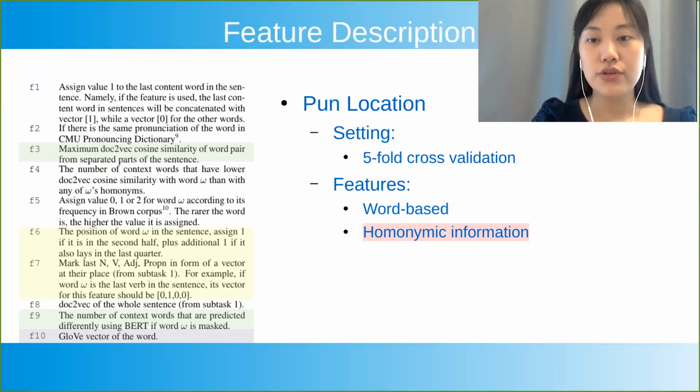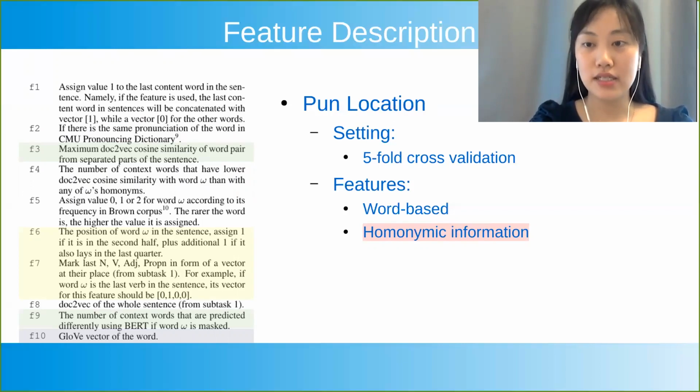Feature 3 uses doc2vec to extract relation between separated parts, while feature 9 is to use masked LM and find out the surprise if a word is unmasked. Together, they contribute to around 2% improvement. These two features answer to our hypothesis that the pun word often locates in the later half of the sentence. They also tend to focus on the differences between double meaning of the trigger words and the two parts.